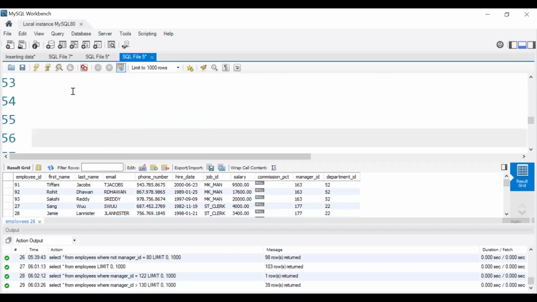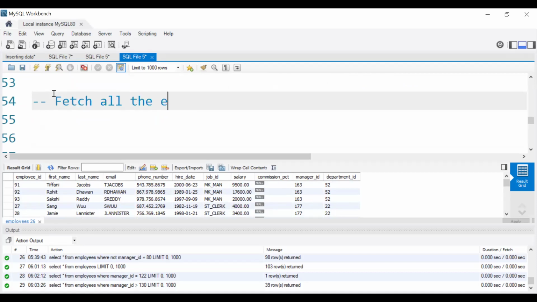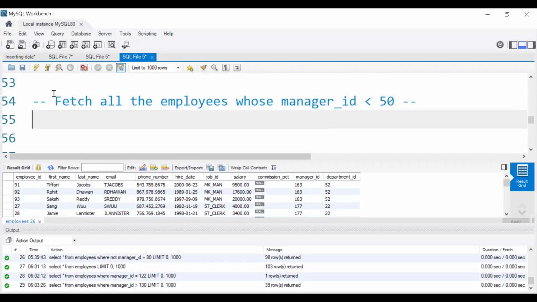Let's move to another question. Fetch all the employees whose manager underscore ID is less than 50. I want to fetch all the employees whose manager ID is really less than 50. Then how to do that? In the same manner as we did earlier,